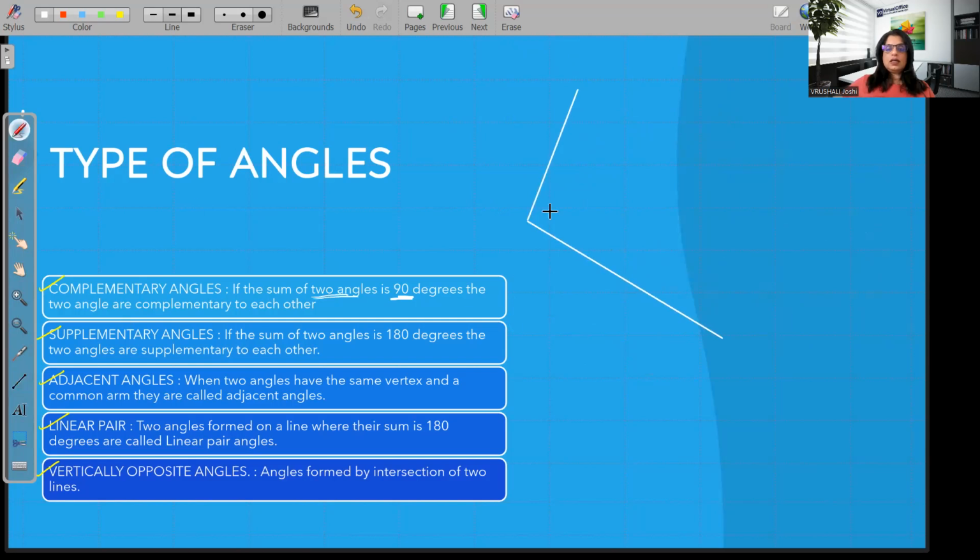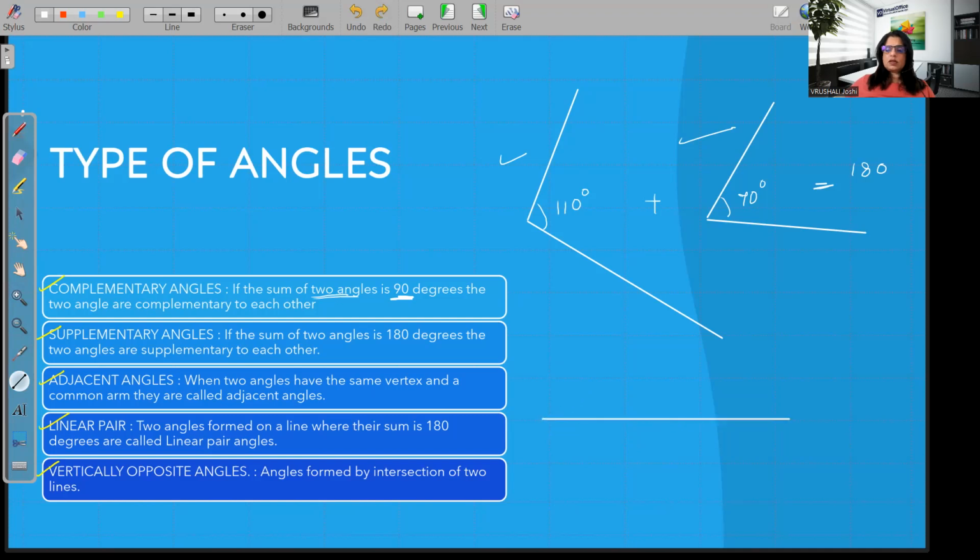So say this is 110 degrees, and say we take another angle, and this is 70 degrees. Now, if you add these two, you will get 180. So that means this angle plus this angle, they are supplementary to each other. On the other side, if you have